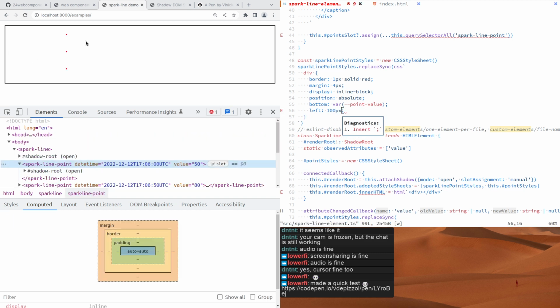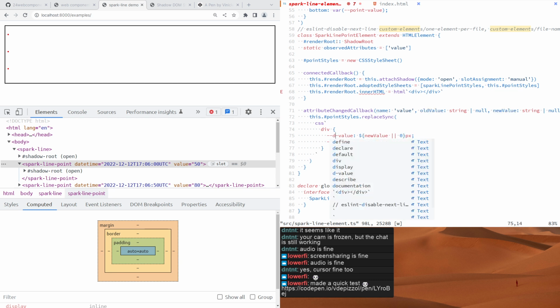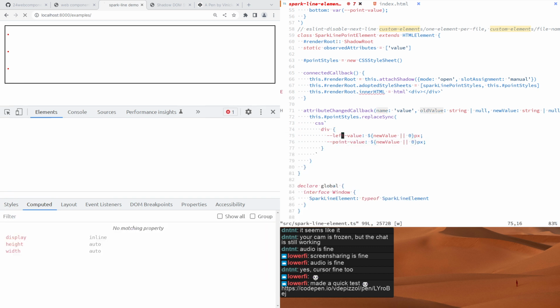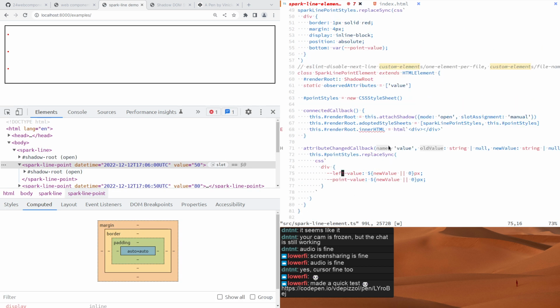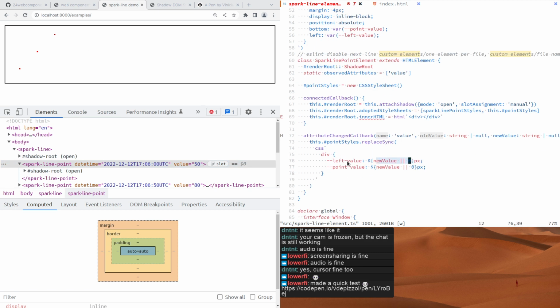But yeah, like if this is 100 pixels, obviously that's not great, but we can see this is moving along the x-axis. And so all we need to do now, in the remaining 15 minutes of this stream, is figure out what I might call the left value. So if I did left here, left value, obviously that is not accurate because this is using the value. And so what we will need to do